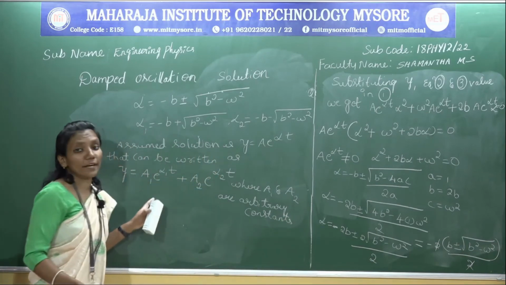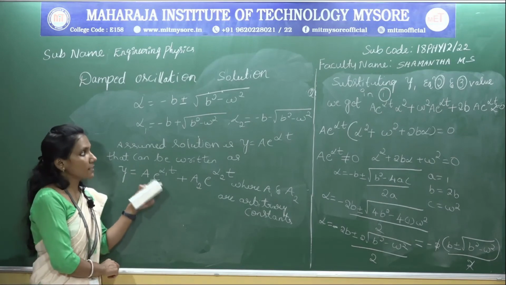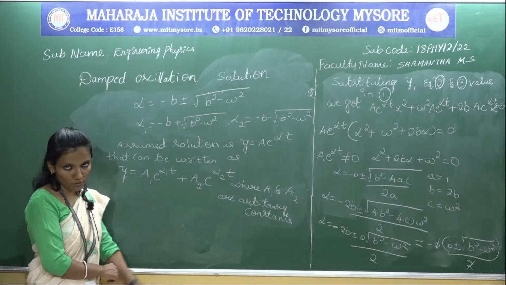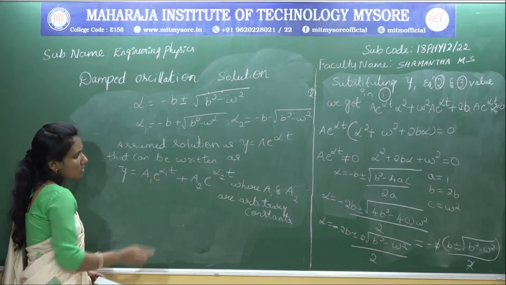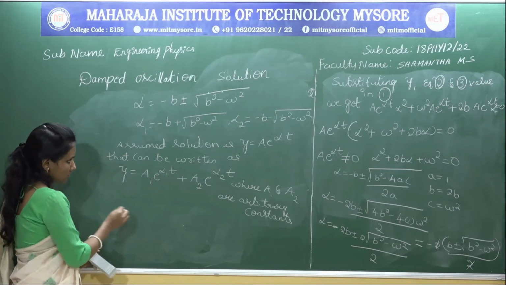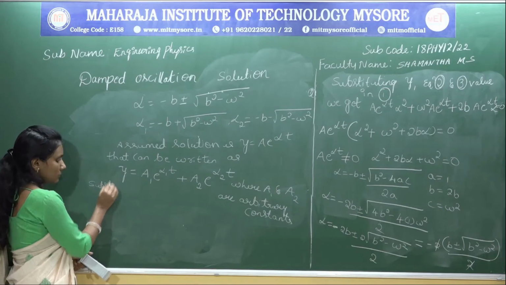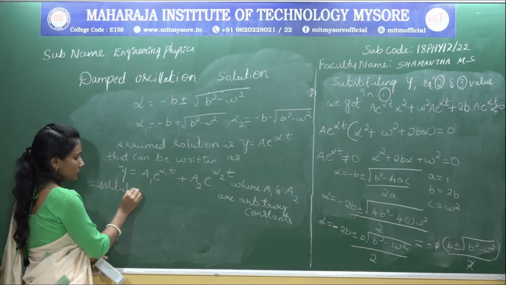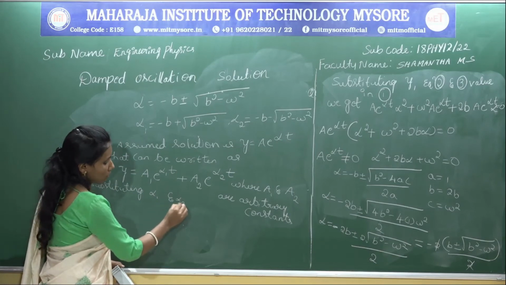So we have to find the values of these arbitrary constants, then we will get the complete solution for the damped harmonic oscillator. So now, substituting the alpha 1 and alpha 2 values here,